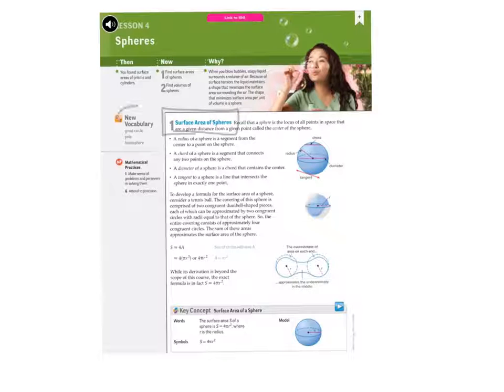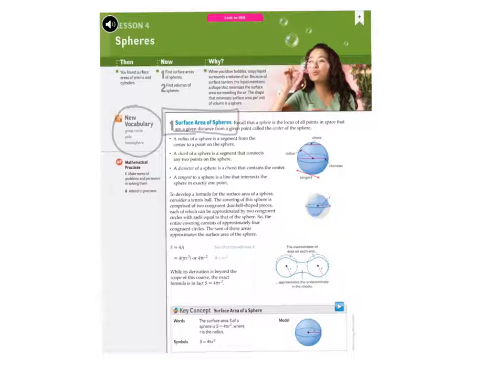And we've got several new vocabulary: a great circle, the poles and a hemisphere. But there is another one in some textbooks, the lesser circle, and you'll see where that fits in a minute. Okay, but before we get on to the vocabulary, let's have a look at what we do for